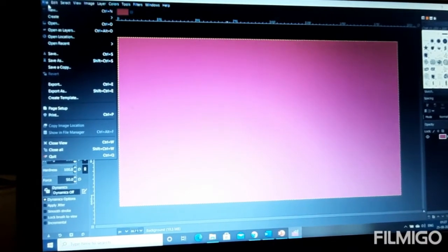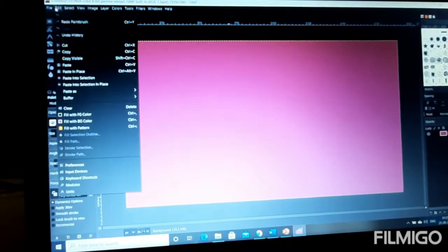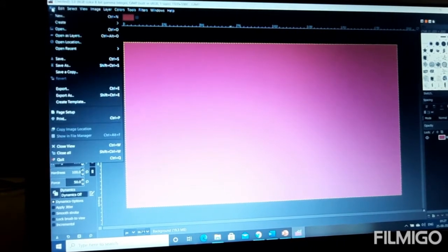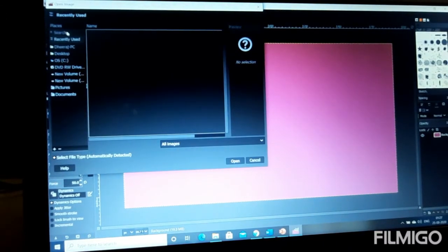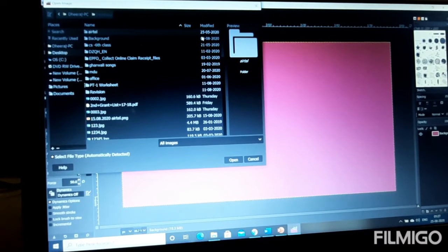Now how we will crop the image on GIMP? First we have to choose an image. We have to click on file, then on open. From desktop I will try to find some image.